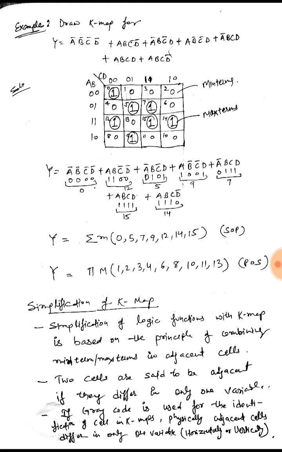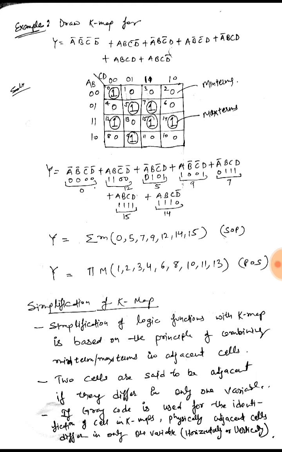So this is the representation of this function in the K-map, that is where I am getting the product term or the max term. So corresponding to that max term I will put a 0 in the K-map, because my function is high for that max term. Okay, so this one: 0, 5, 7, 12, 15, 14 and 9. So this is my function in the sum of product form.